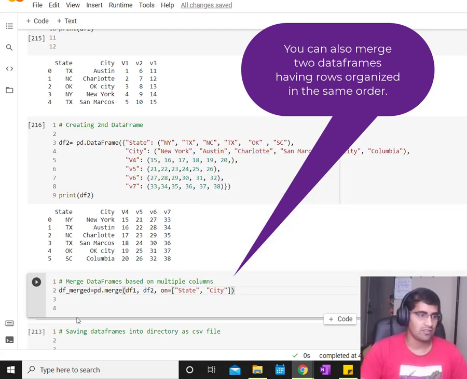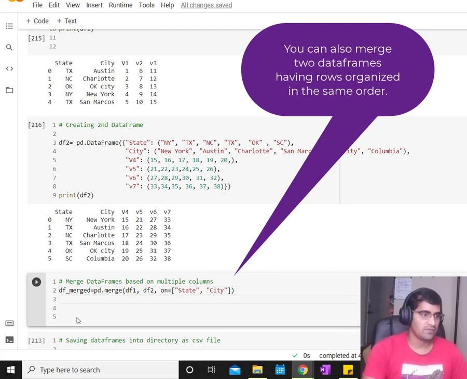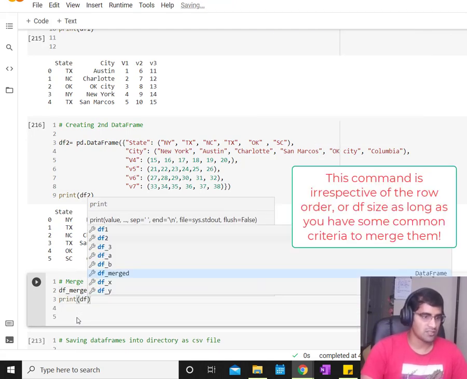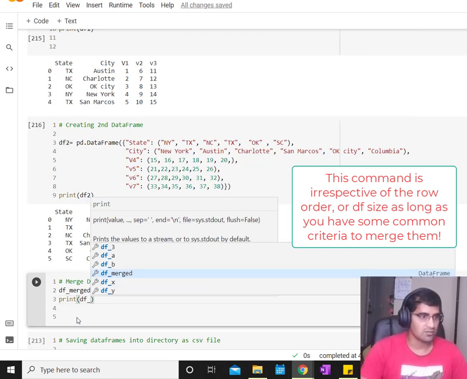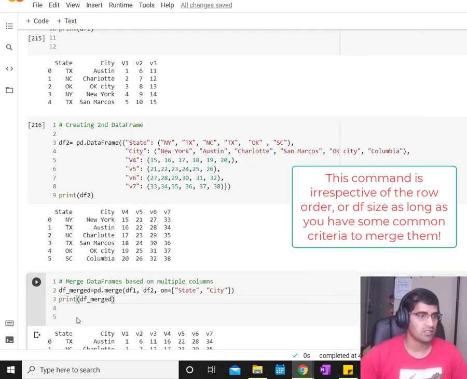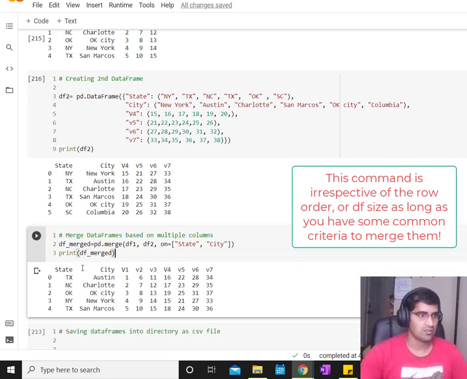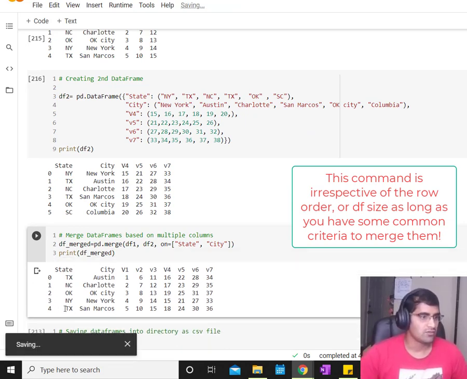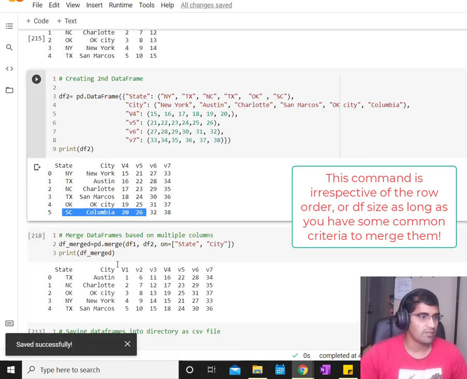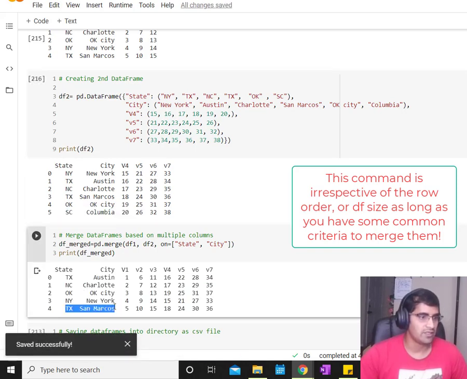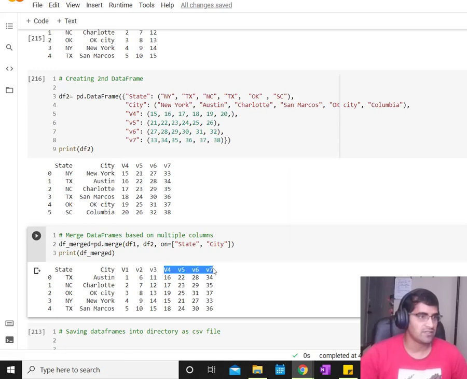Okay, now then press Ctrl Enter, and if you'd like to see the merged data frame, print it, and then press Ctrl Enter. So this is your merged data frame. Now you can see that South Carolina Columbia is already eliminated here. However, V1, V2, V3, and you can see V4, V5, V7 are added in new columns.